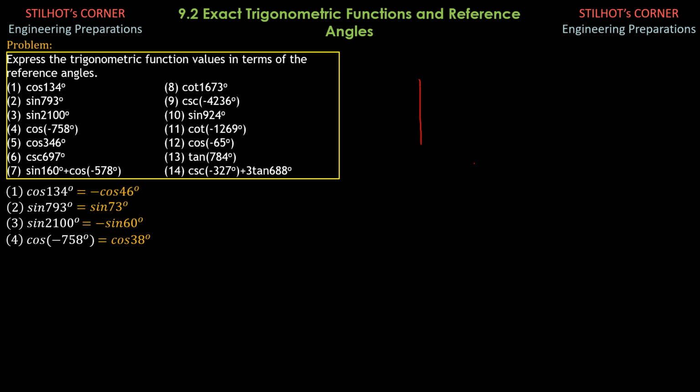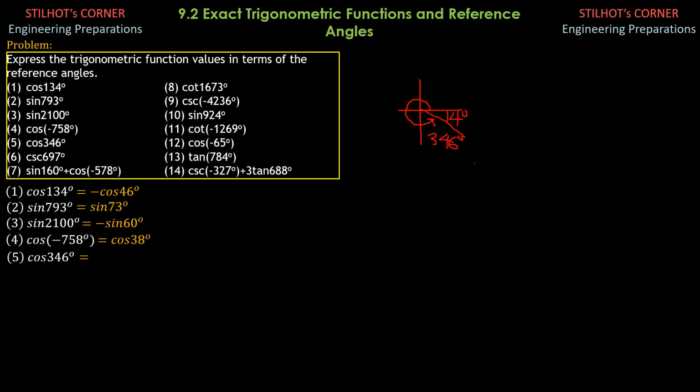346 positive in counterclockwise direction. So if that is 346 degrees, then the reference angle is, to make it 360 degrees, this should be 14 degrees. The reference angle is 14 degrees, and again it falls in the fourth quadrant, and cosine function is positive in the fourth quadrant. So cosine of 346 is also cosine of 14 degrees.